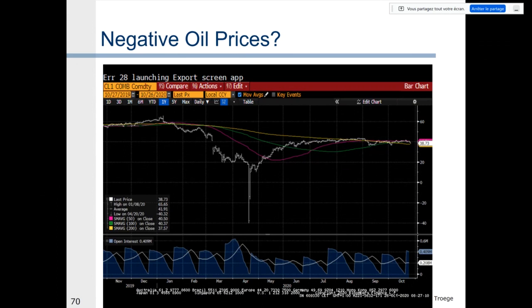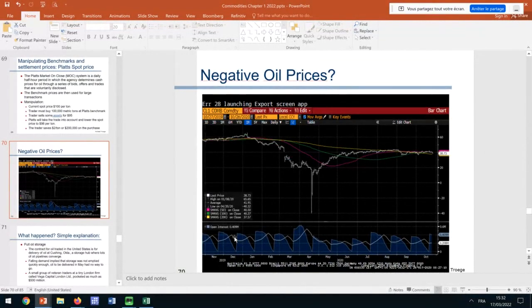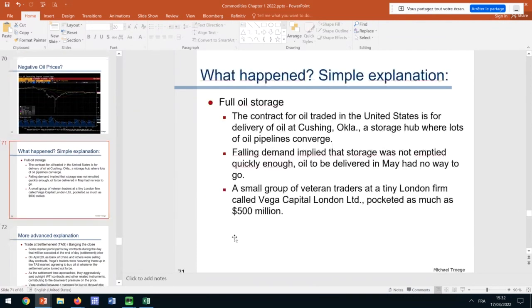Now why is oil trading at negative prices? What does it mean? It means that actually you are paying somebody money so that he will take your oil. That's a negative price. Why would that happen? There's one simple explanation, and then you have a more complicated explanation of how this actually arrived. But the simple explanation is that